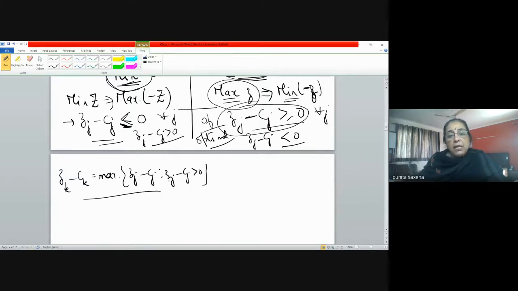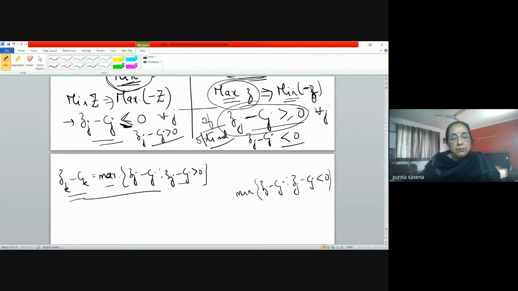Now we have to choose the entering variable from where? Out of all those Zj minus Cjs which are less than 0. Right? Because if they had been more than 0, we would have reached optimality. So that means we now have to consider those Zj minus Cjs which are less than 0. We are going to choose from these only. Right? So which one should it be?